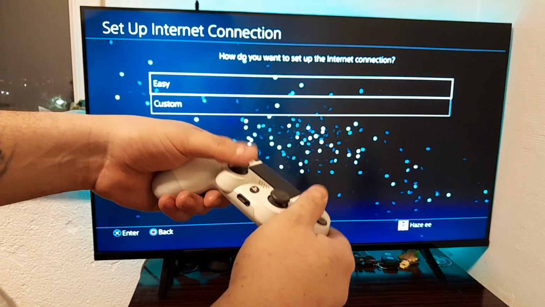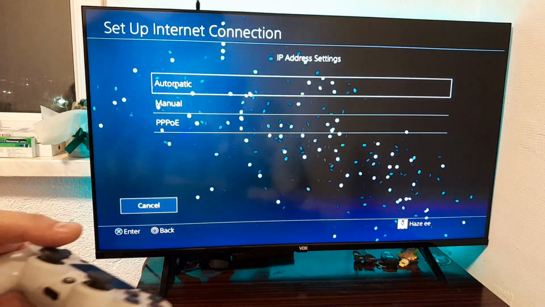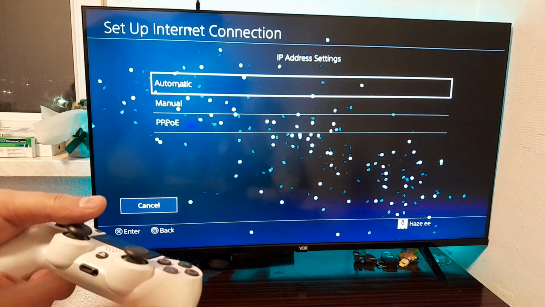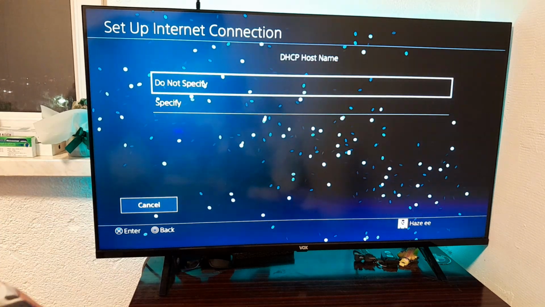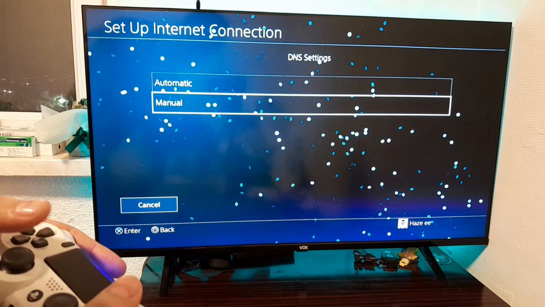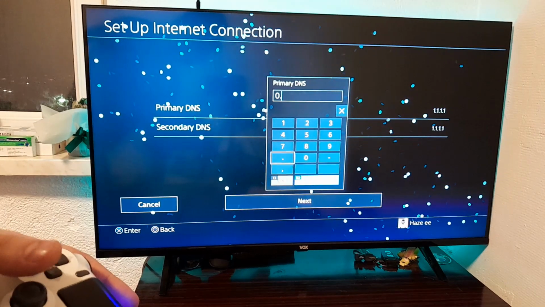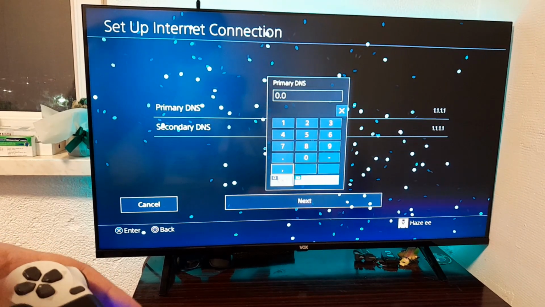Go here like me, custom, choose this. Choose your Wi-Fi connection like me. After that, on IP address settings, go here like me, automatic. Host name, go here, do not specify. DNS settings, switch here to manual and go here on primary DNS. If you have here like this 0, switch this like me to